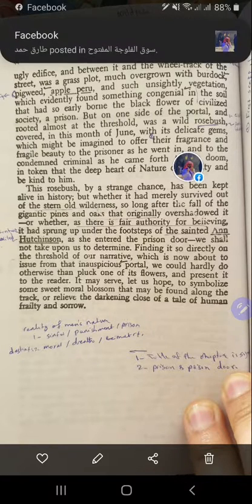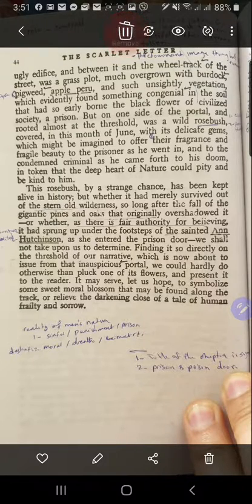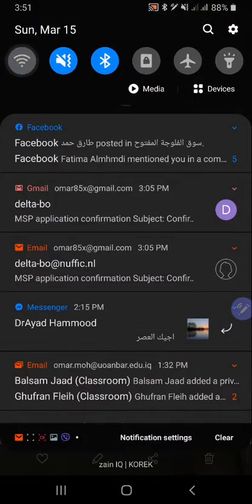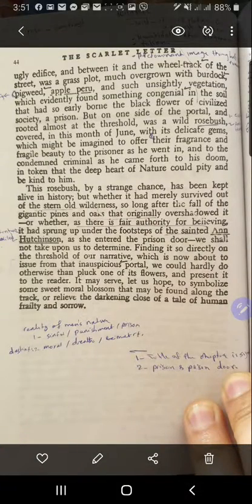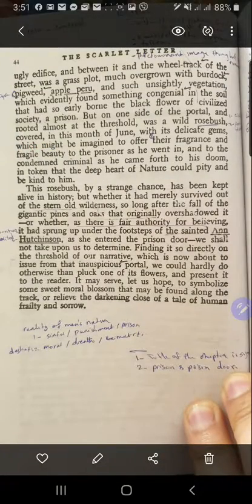So this is the gist of the first chapter. The first chapter furnishes the background, gives us an idea about the location, about the setting of the story, and it shows how Puritan people lived their life when they first came to Boston, to that place. This is what is important in chapter 1. Okay.